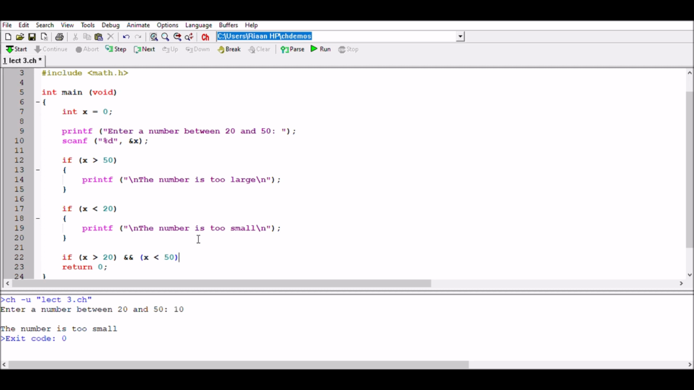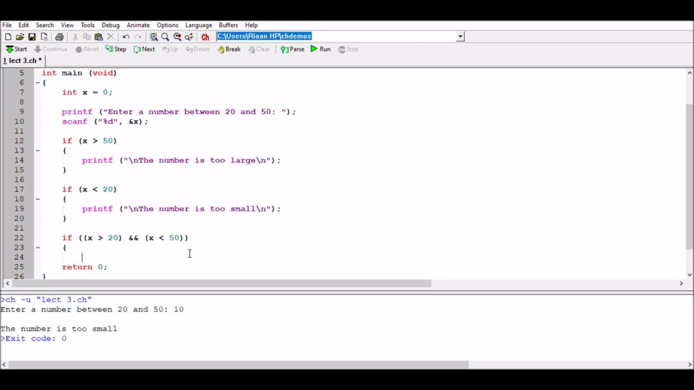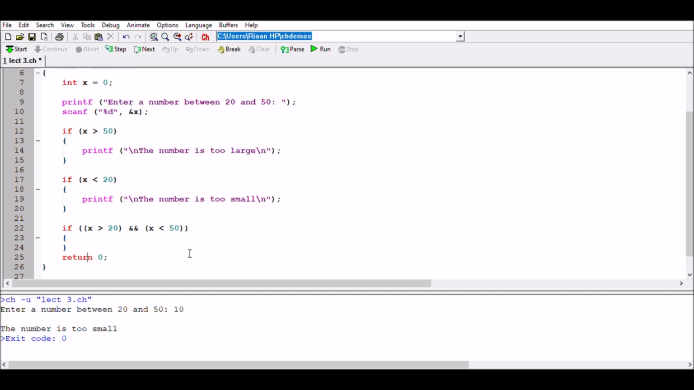Now very important is that when it comes to if statements, the whole condition that you're looking at needs to be in brackets. So in other words, we need to place a bracket over there in the beginning, we need to place a bracket over there at the end. So if this should happen,